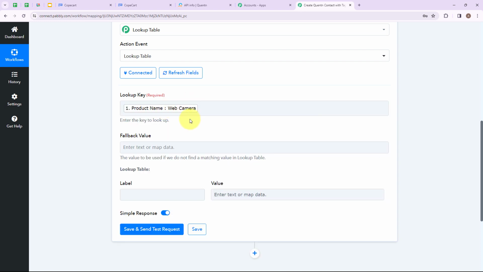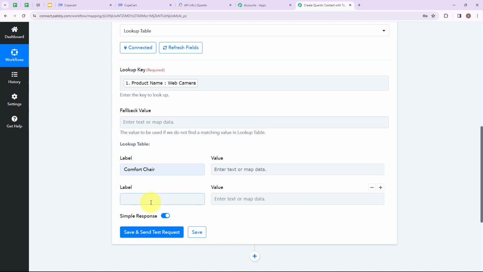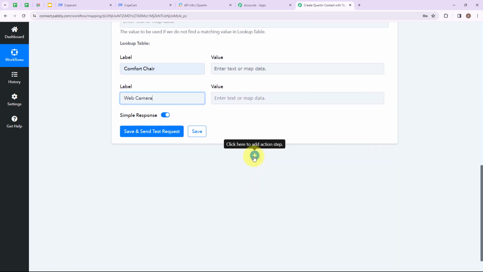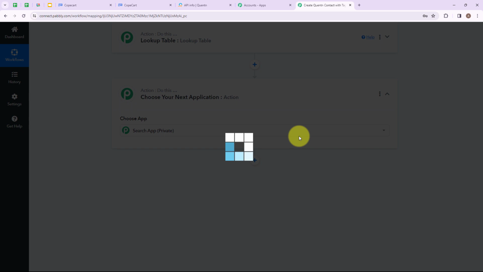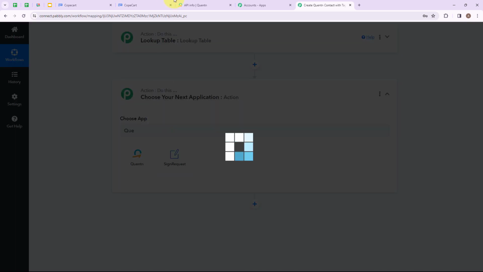Now we have to enter the label and its value, and for the label I'm going to add the product names. So here I'm going to add comfort chair, and after that I'm going to add another label by clicking on this plus icon, and here I'm going to add web camera. And now to enter the value for this label I'm going to add another action step by clicking on this plus icon over here. And now I'm going to take my next action step as Quentn,